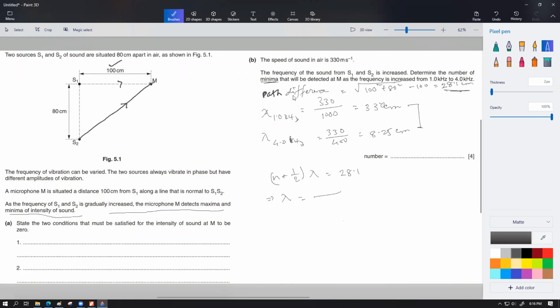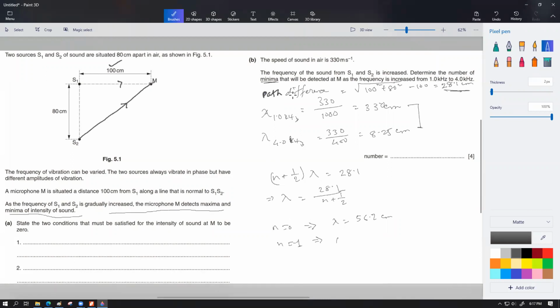So lambda equals 28.1 divided by (n plus half). This is my expression for calculating exactly what values of lambda would give me minima at this microphone position. Now I'm going to start placing different values of n and try to calculate the lambda values. I'm going to show you this over here. Let's say whenever n equals 0, we get lambda equals 56.2. When n equals 1,